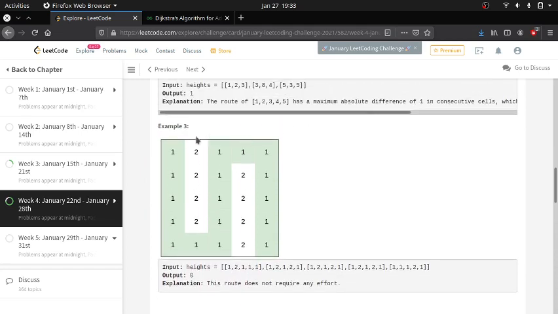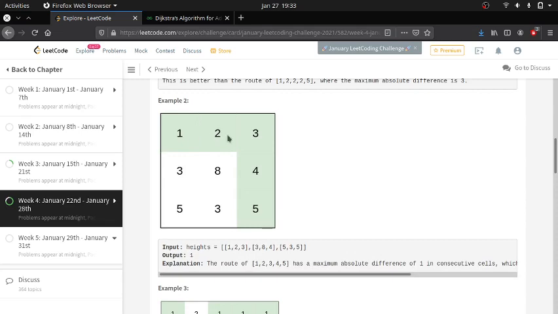Usually graphs have the cost between the two vertices in the form of edge costs. So what he is saying here is, consider the cost between two vertices as the absolute difference between them. Okay, so the cost for this edge between 1 and 2 will be the absolute difference between 1 and 2, which will be 1. So here it will be 0, absolute difference. So the cost here will be 1, cost here will be 2, cost here will be 6.